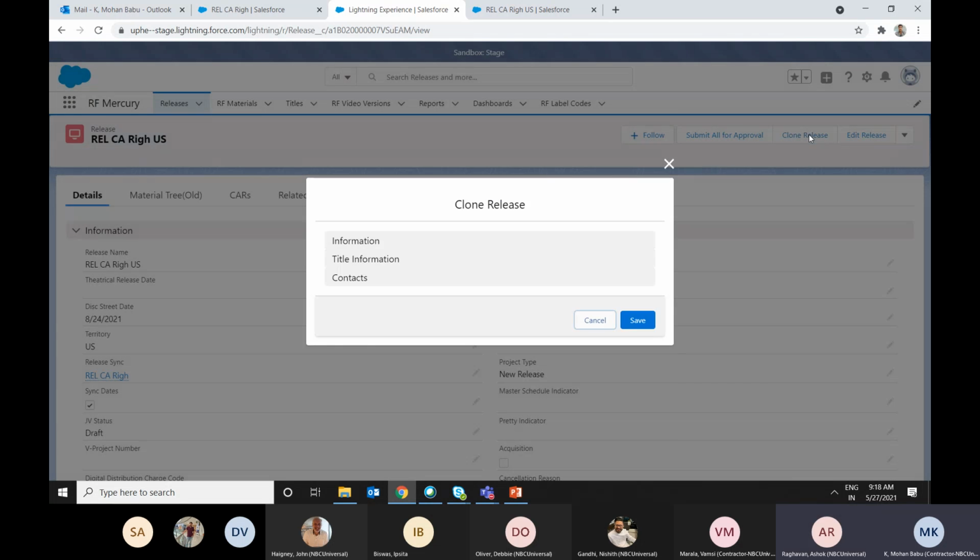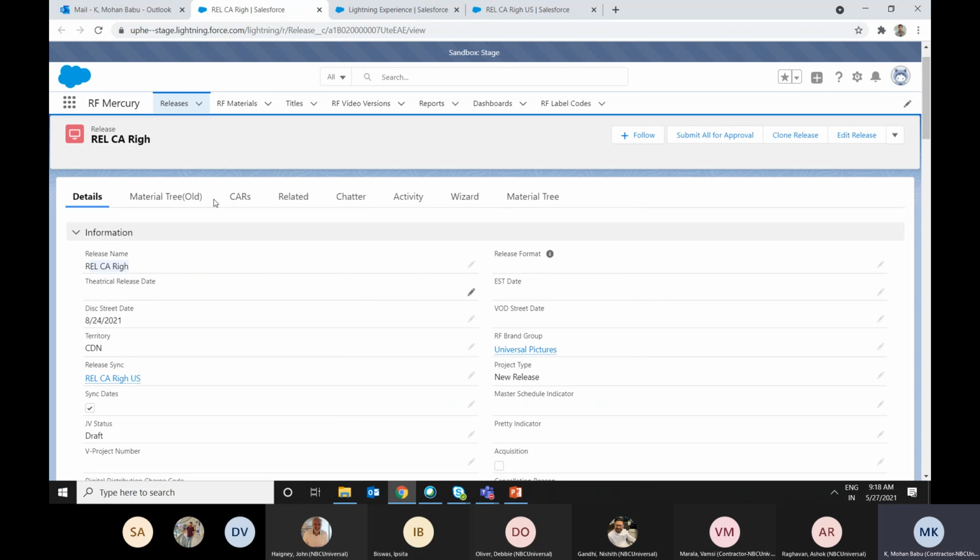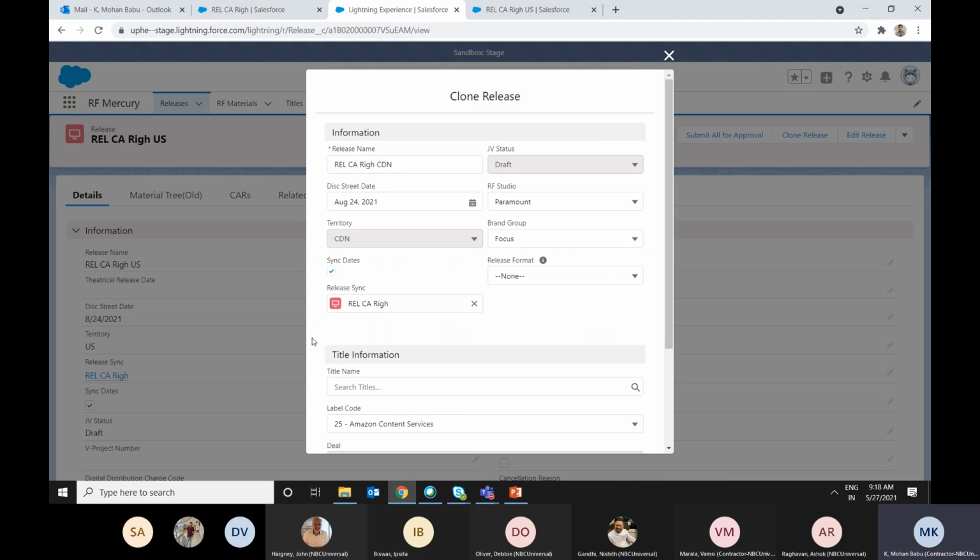Now if I clone the release again, the release I'm going to create will get stamped here, and the RELCA write US will get stamped here instead of this release. So whenever we click the sync dates, the sync is between only two releases, and the link with the previous one will get broken.